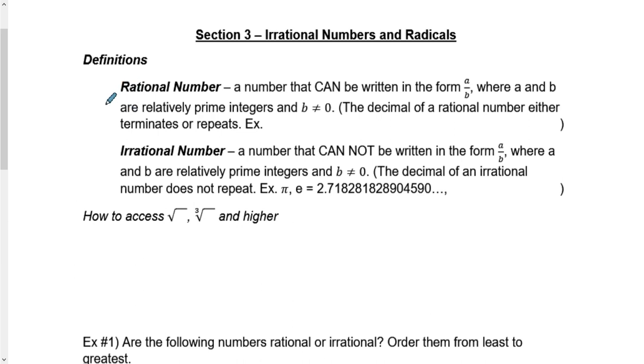In the next section, we're going to talk about some irrational numbers and radicals. Now, this one is for sure a section that is combined between different sections in the textbook. But again, it's because it makes a lot of sense to treat them as being together. At the same time, both concepts are relatively simple to understand,